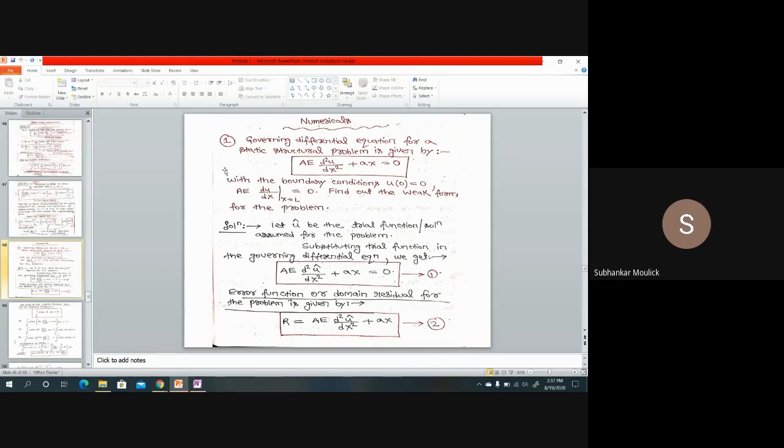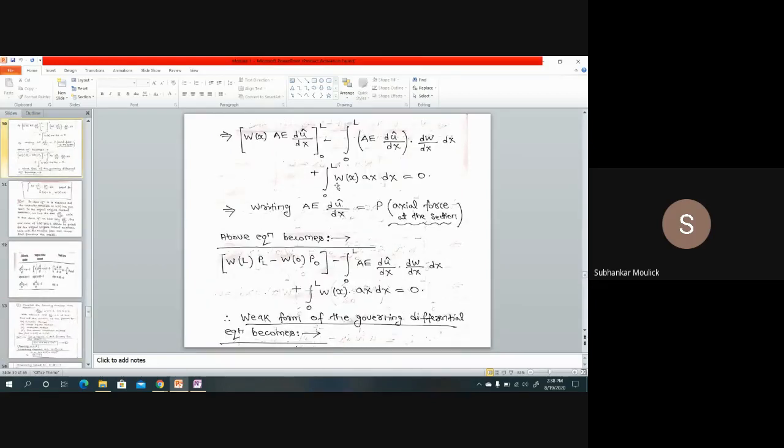This particular term, A into E into du by dx at x equal to L, at any point will give you the load if this differential equation is a static structural problem. So I can equate this A into E du cap over dx to P, the axial force acting on the section. Then I can write W of x, substituting the limits, upper limit minus lower limit. So W of L into AE du over dx is P, P at x equal to L, PL, minus